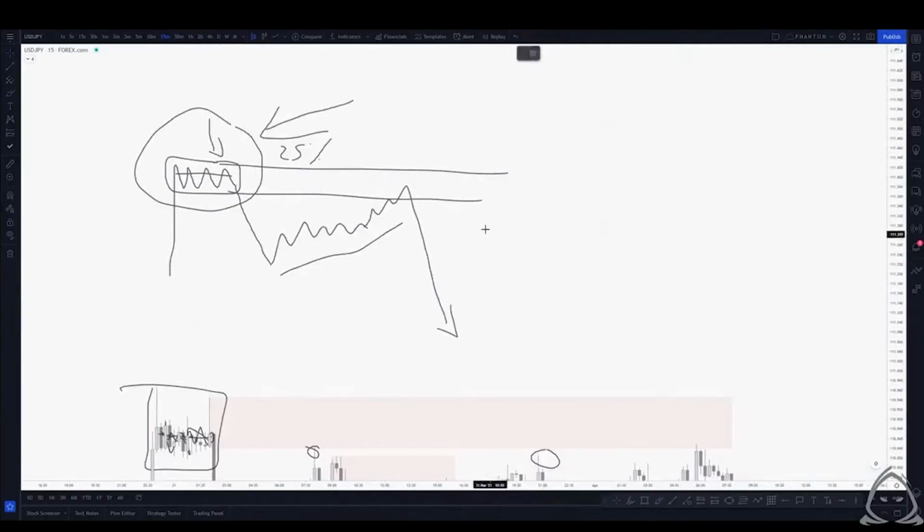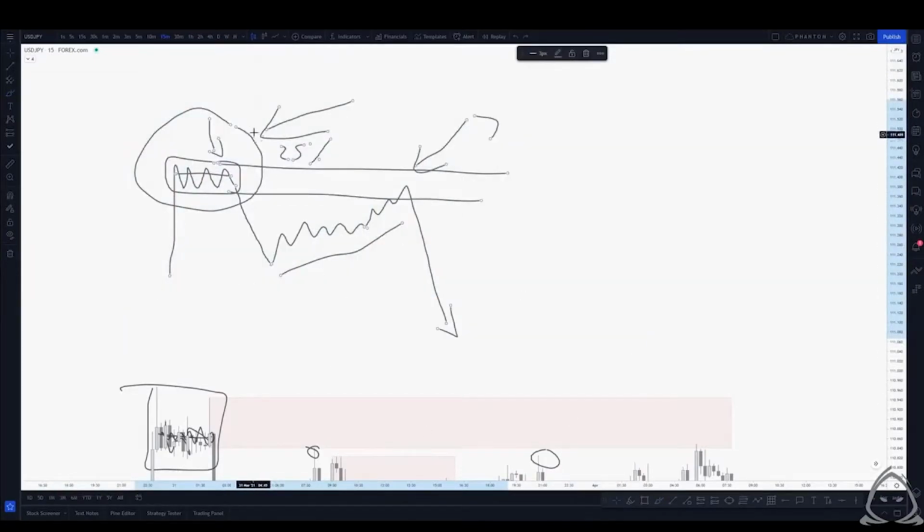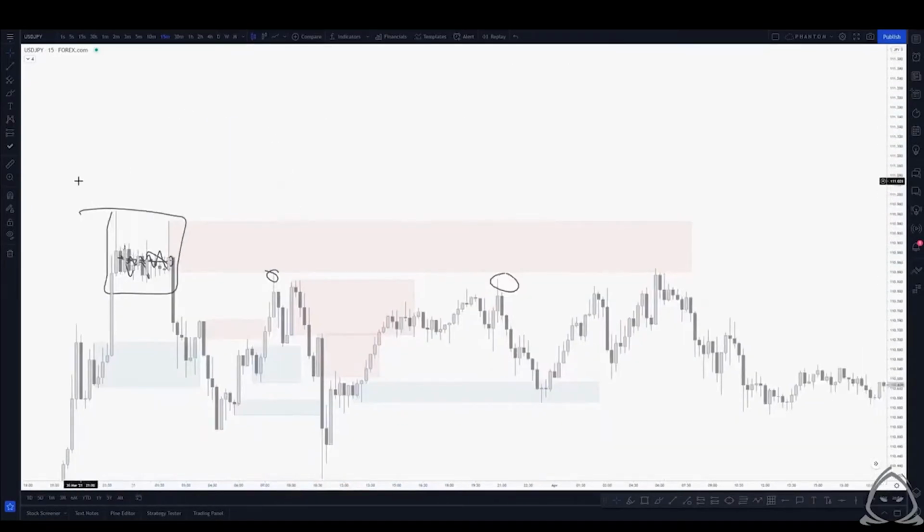And then once price reaches this supply, this is where the remaining 75% is pumped into the market, which just causes price to move to the downside yet again. And in a nutshell, this is what we're attempting to identify, and this is what we're attempting to create trades based off of. We are identifying the framework that institutions or large series of orders are being placed in the